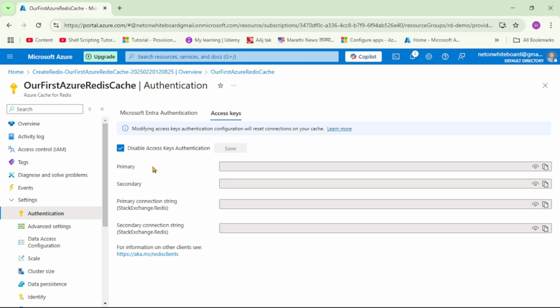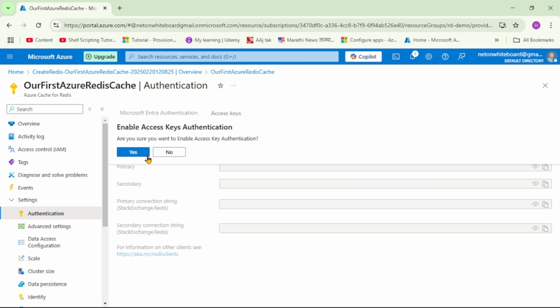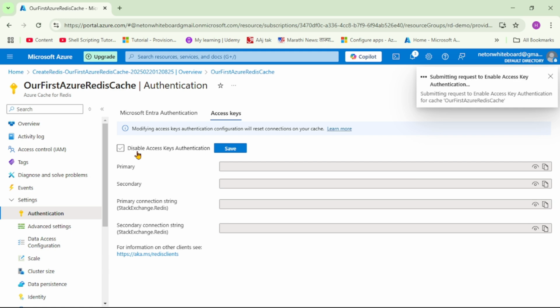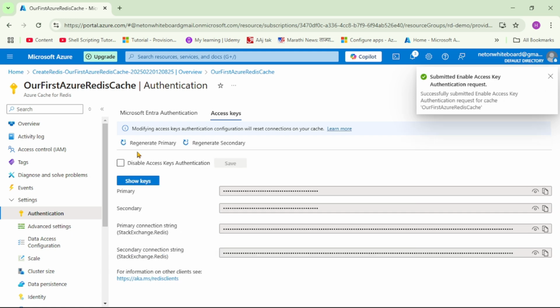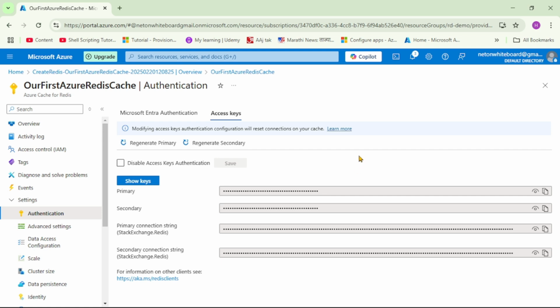So for now let's simply enable it. I will untick this checkbox and I will say save and yes. So we have enabled access keys authentication. Guys, don't worry, even if you are not getting it at this point, we will cover both of these, access keys authentication and Microsoft Entra Authentication, in detail in our upcoming videos. But for now let's remember that we have enabled this access keys authentication, that is connection string authentication, and